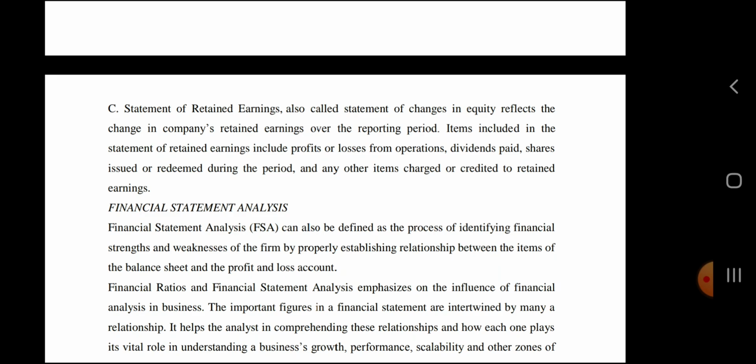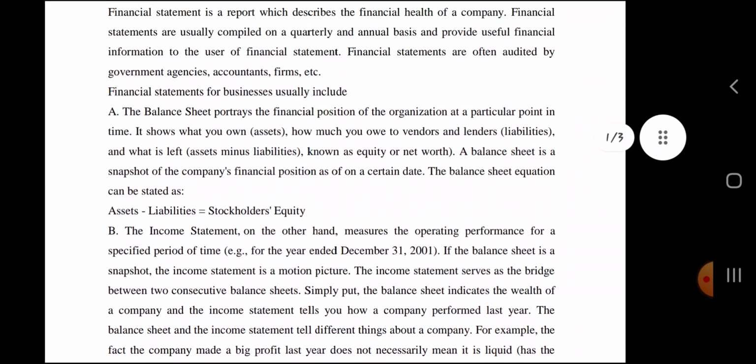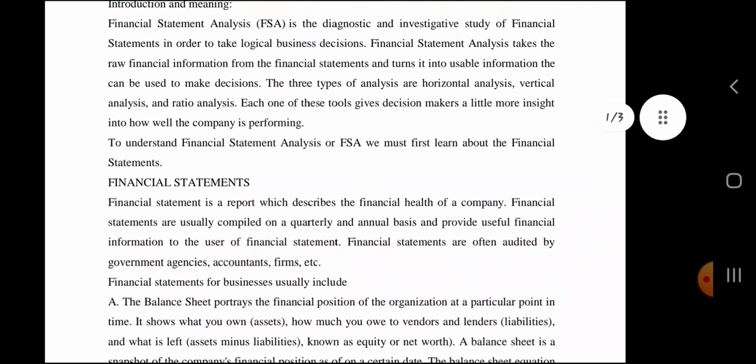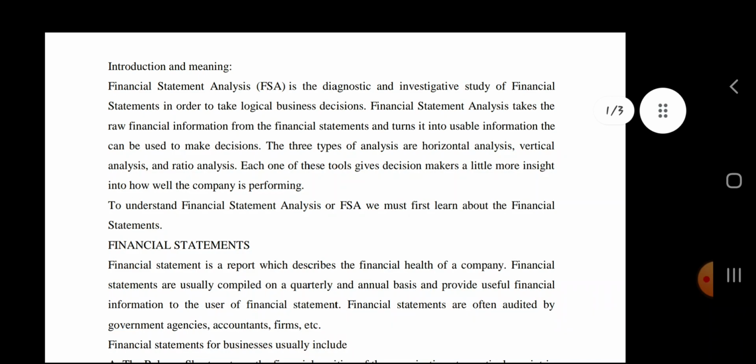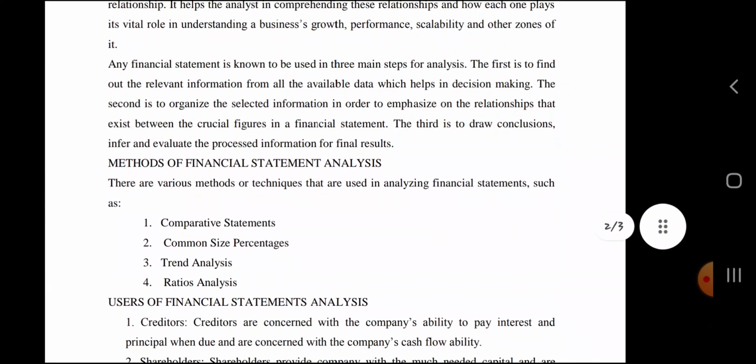Okay, these three financial statements are very important to make a financial statement analysis. Okay, with the help of these statements we compute a ratio. Ratio means it is a relationship between two figures. Okay, in our next lecture we will study the